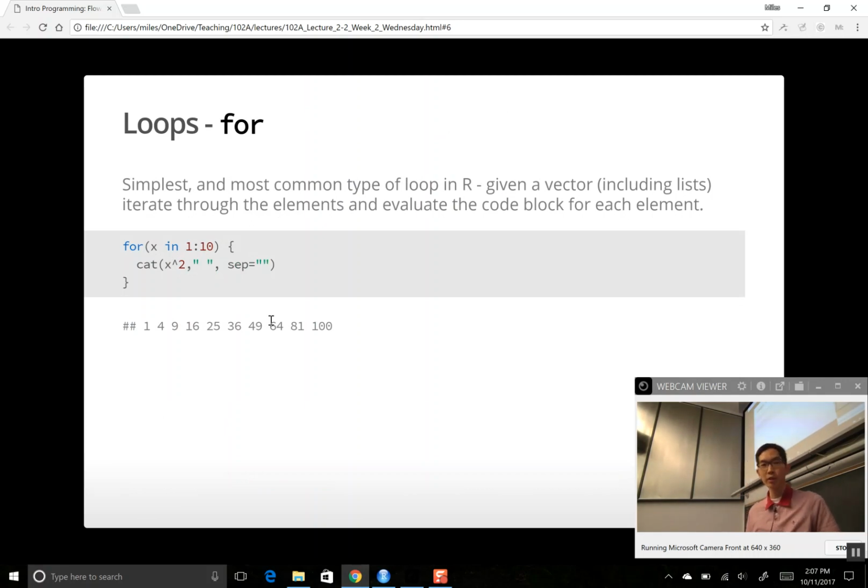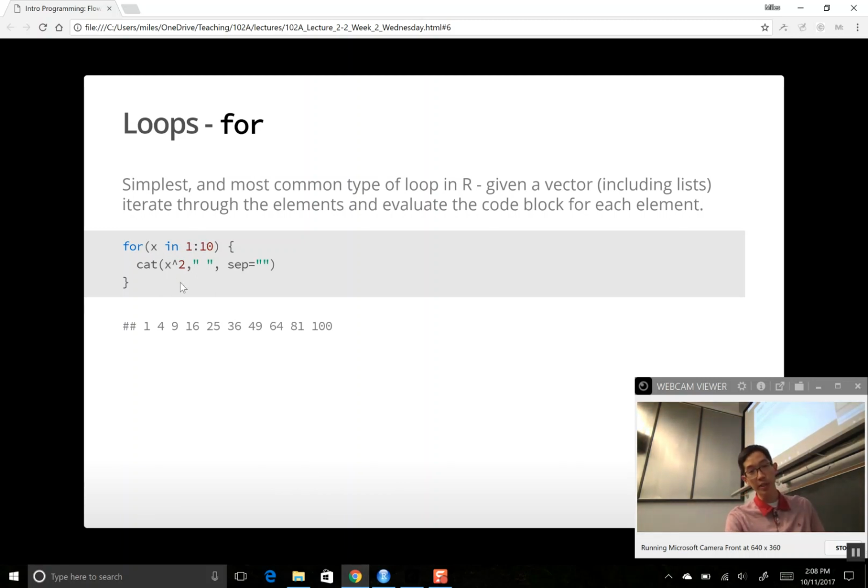All right, let's talk loops now. Probably the most common type of loop is the for loop, and in this case, what you do is you provide a vector. Now, most commonly, the vector we provide will be a bunch of integers, like for i in 1 through 10, or for i in 1 through 1,000, or something like that. So that's often what we say. We say for, and then this is kind of just like a placeholder variable. So we'll say x or i or whatever it is in some vector here. And so the vector that we would do